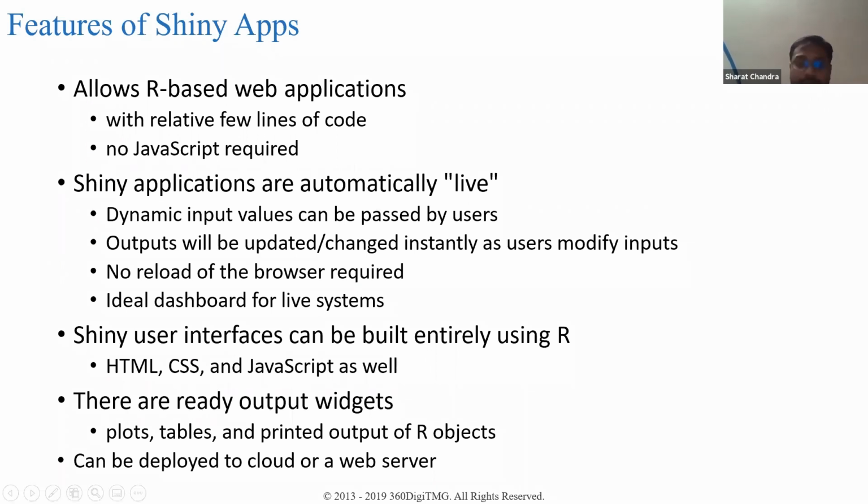A Shiny app can also be developed using HTML, CSS, or JavaScript as well. It is not mandatory, but it has that capability also. And as I said, there are ready-made output widgets, plots, tables, bars, slider bars, checkboxes. All those objects are readily available, and you can deploy it on the cloud or on your local server.